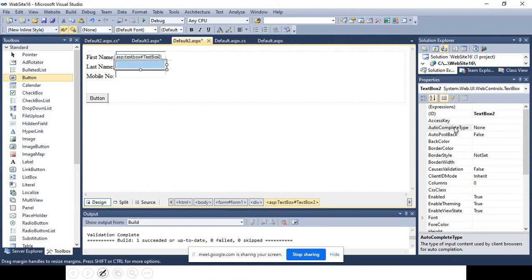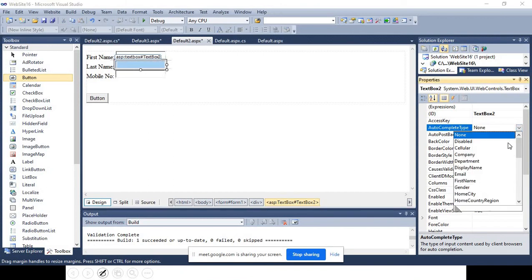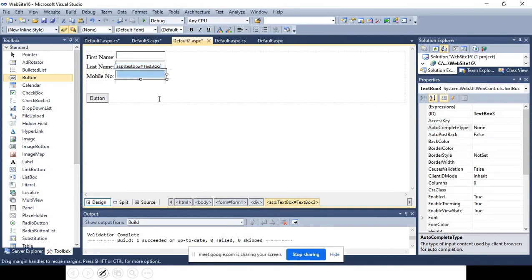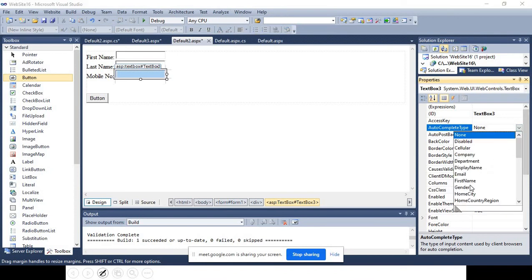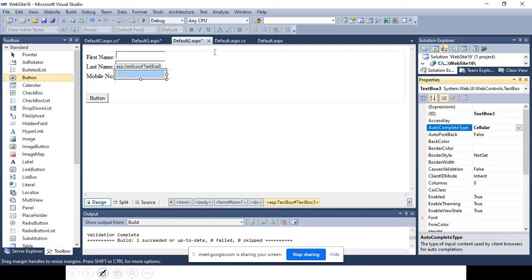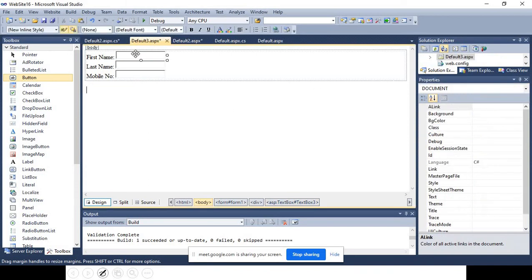Then here for the AutoCompleteType I take LastName, and in this one I take the mobile number. There are so many classes available. Yes, Cellular. Okay, and the same thing I am doing here.